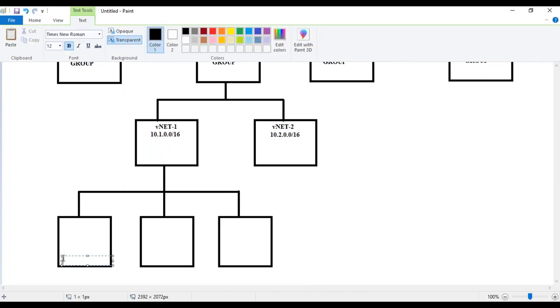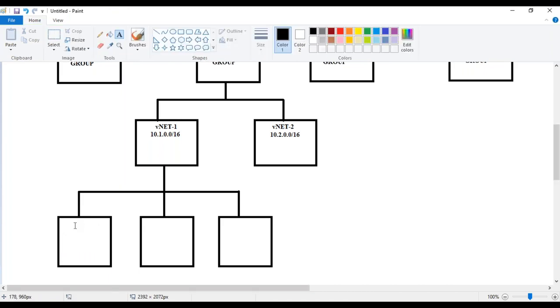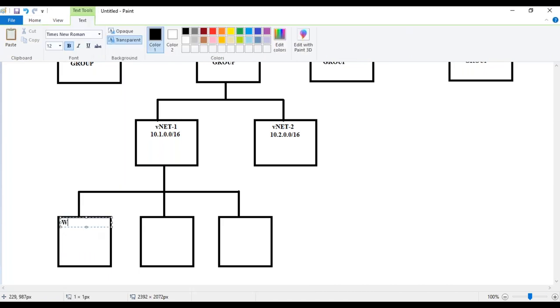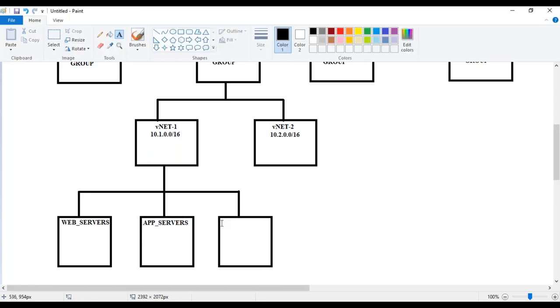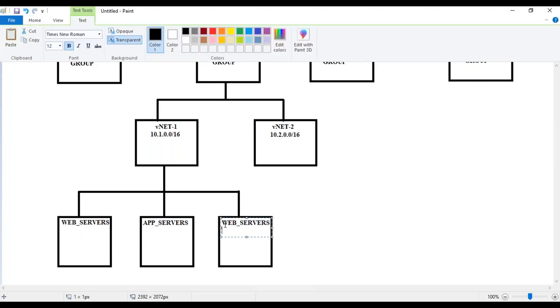What I'm going to do is divide this into web_servers, by the way, app servers, and finally DB servers.